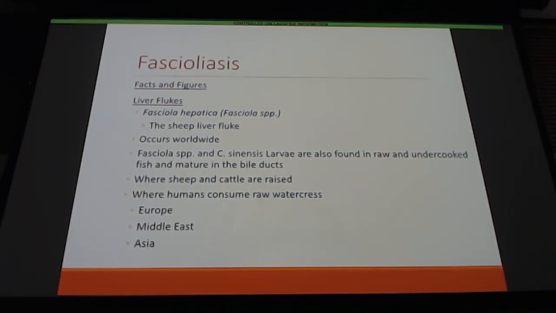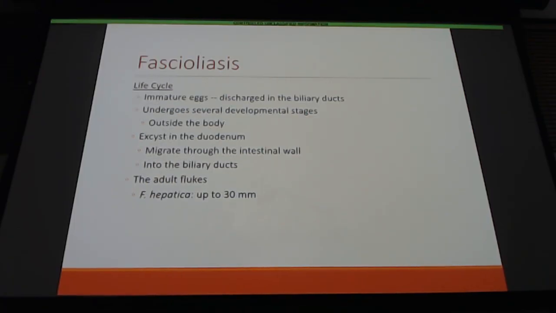Same deal with the animals. The animals end up eating the watercress, and that's how they get it. Okay, the immature eggs discharge in the biliary duct and undergo several developmental stages outside the body, usually through snails, and then they're released into the water. Either the animals drink the water, or the parasite goes onto the watercress, which is the most common, and then we